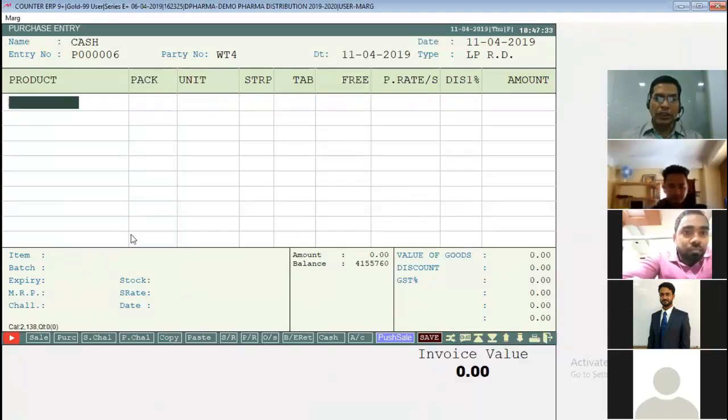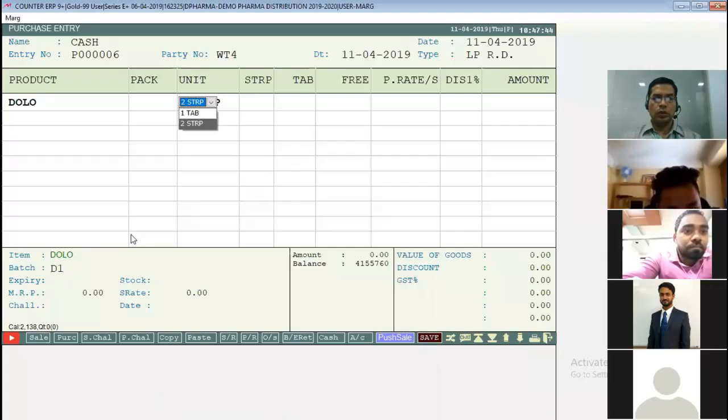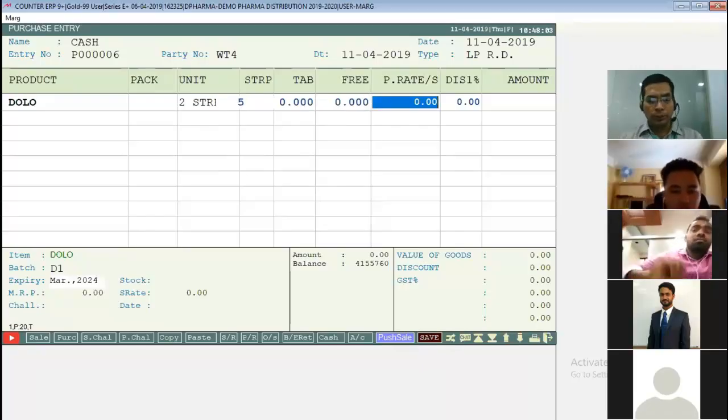It is asking me whether you are going to purchase in strip or tablet. I'm going to purchase in strip. Here I'm choosing strip. So now my cursor is on strip. I say I have bought, suppose, 5 strips. Every strip cost me 200 rupees.